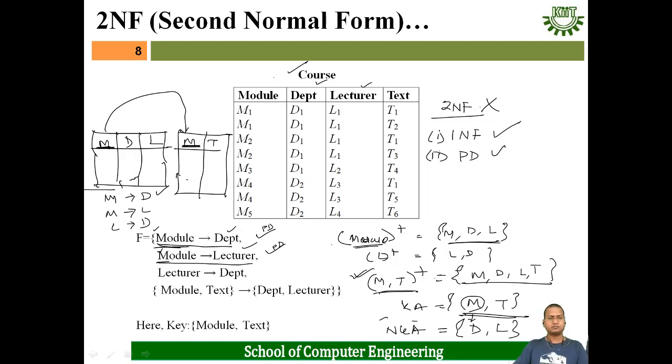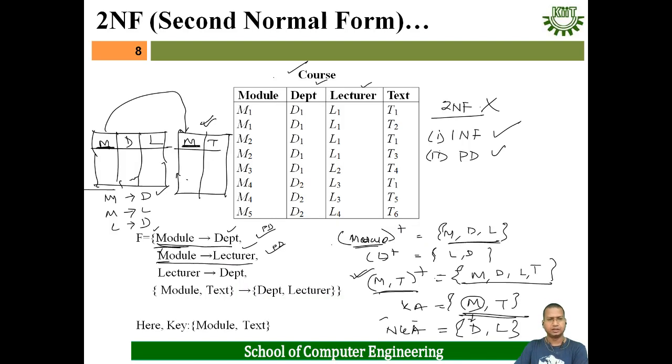Okay. In another table, what we have to do: except the right hand side attributes of the functional dependency with partial dependency, all other attributes will be present in another table. Okay. In this way, you can convert a non-2NF relation into 2NF relation. And a similar concept is used for 3NF as well as BCNF.